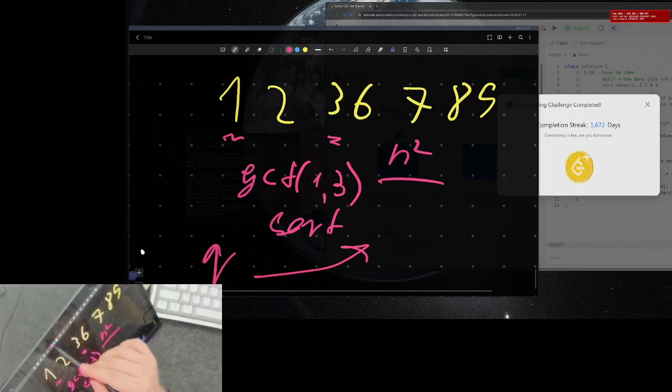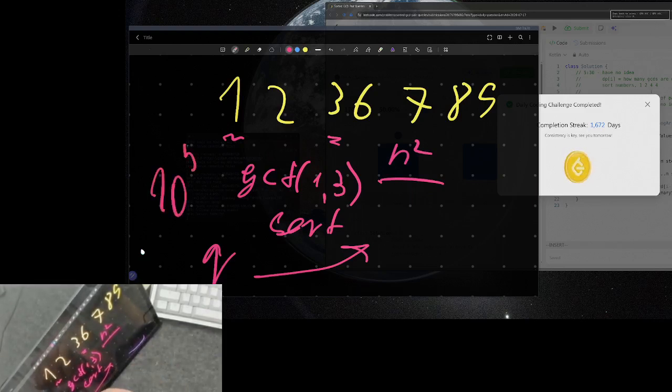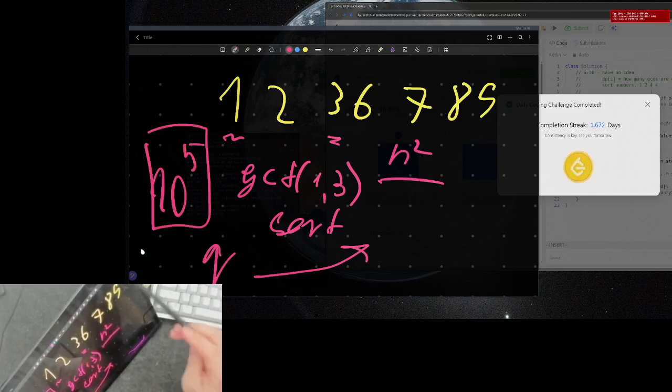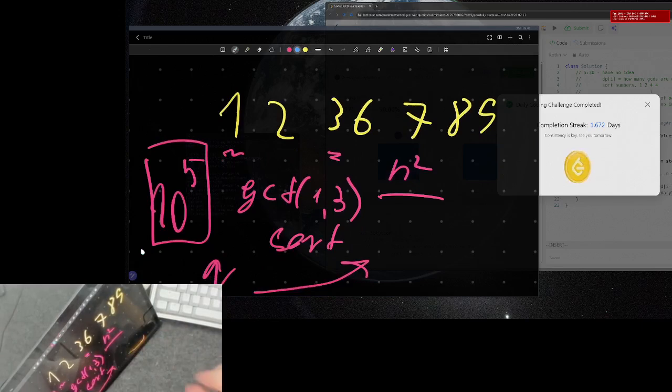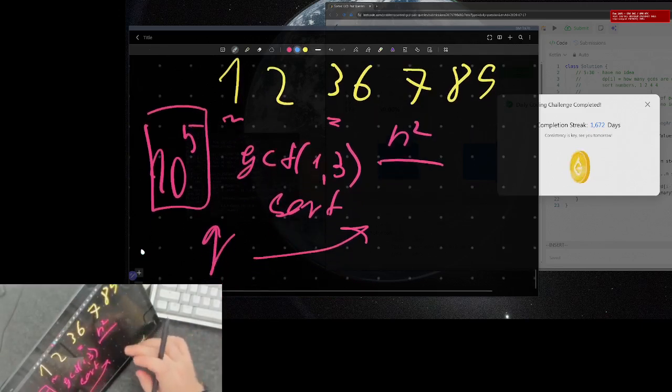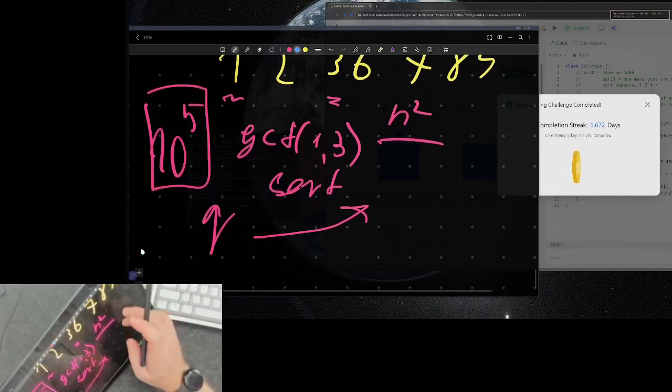Okay, personally I didn't solve this problem. It is a hard problem, and the count of numbers is 10 to the power 5. I'll try to explain the solution. It is not mine, but what I understood from it. So imagine we have